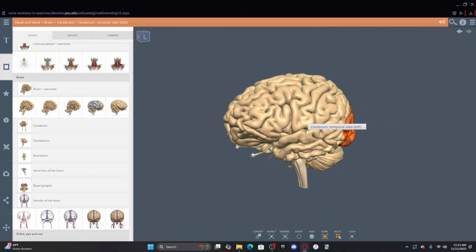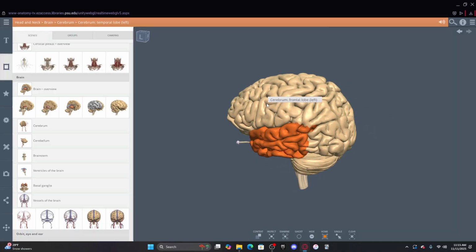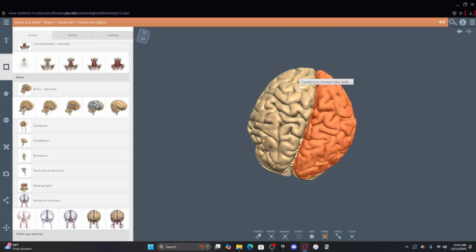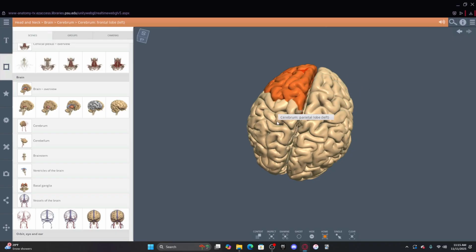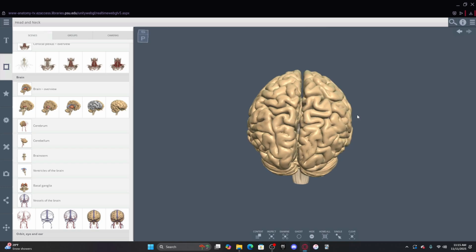Occipital, then your temporal, right? And then your frontal lobe, and then parietal lobe. Okay, so in between the right and the left hemispheres of the cerebrum, right and left cerebral hemispheres, you have the longitudinal fissure. All right, so this fissure in between the right and the left cerebral hemispheres is your